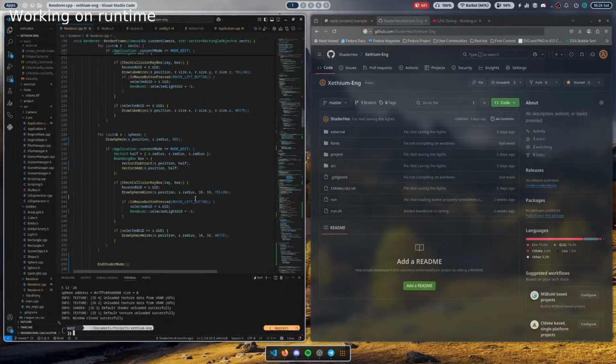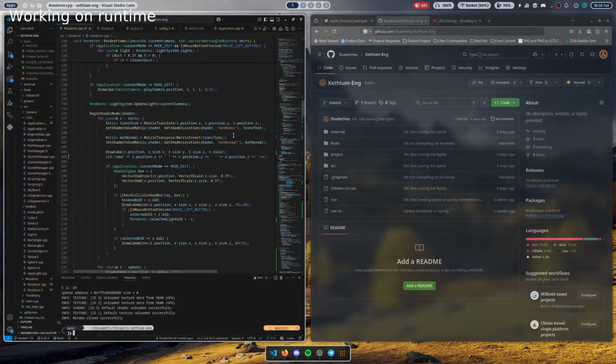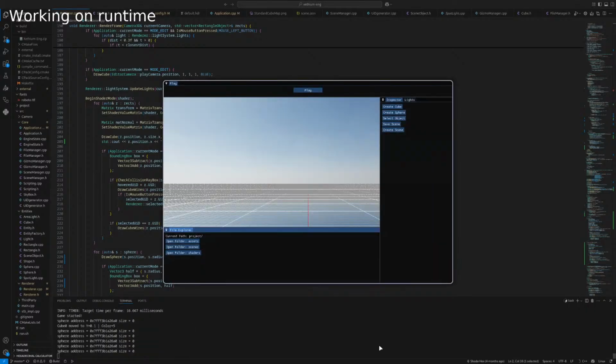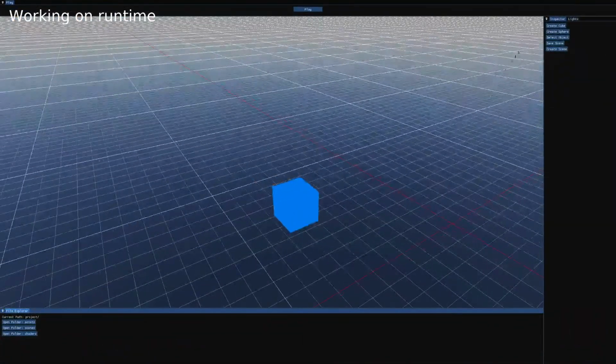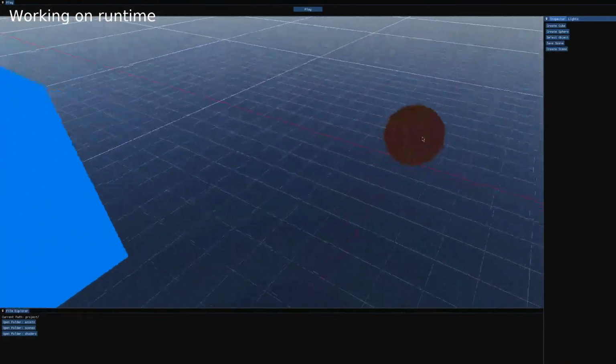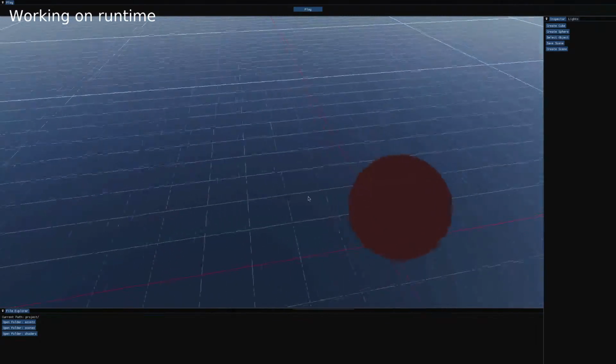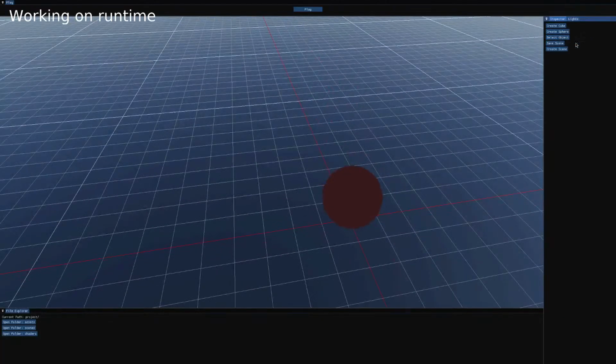So today I've been working on the sphere for the past hour or so. Look at this. So here is the sphere. I can click on it. I can't click on it. See, I can select it, but it doesn't select it. The gizmo doesn't appear, like if it was the cube,